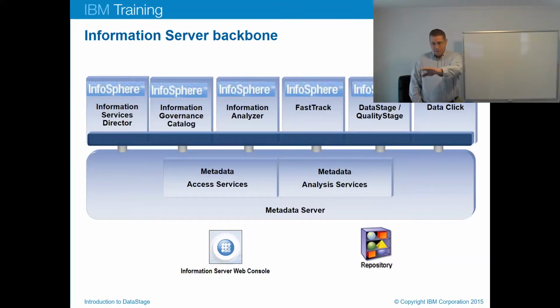At the very bottom, they have two boxes there. One's repository, one is the web console. The repository is a database, and we'll talk more about that in the architecture lecture. But the repository database is where we store any and all shared metadata, such that if John were to import